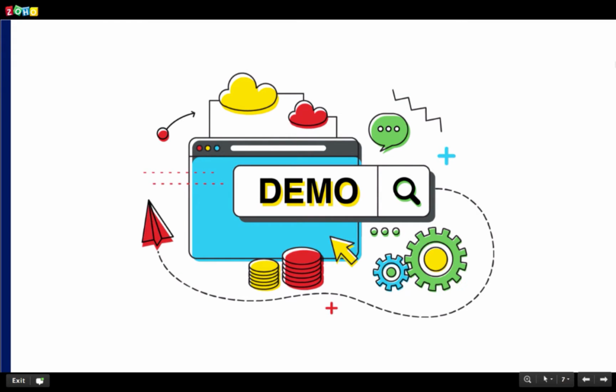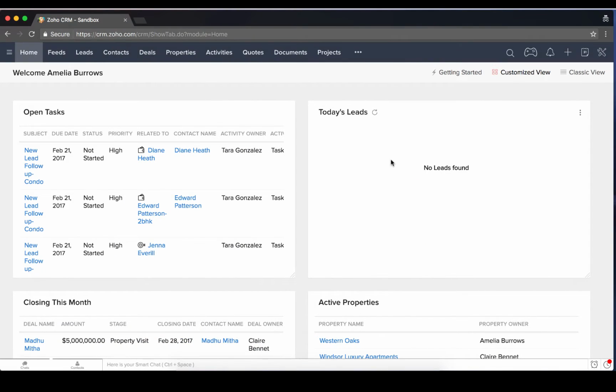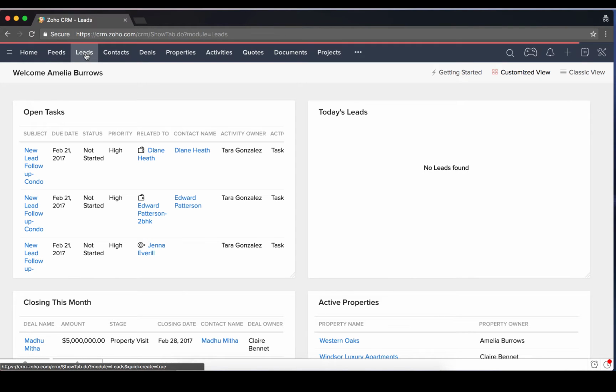So let's move on to the product demo. We'll consider the case of Zilker Corp, a fictitious company. They have purchased Zoho CRM to manage their real estate business. So this is Zilker Corp's Zoho CRM account. They have customized it to suit their needs, right from renaming tabs, changing layouts, creating workflows, and much more. So let's go ahead and check how they have changed or customized the layouts. Let's go to the leads module